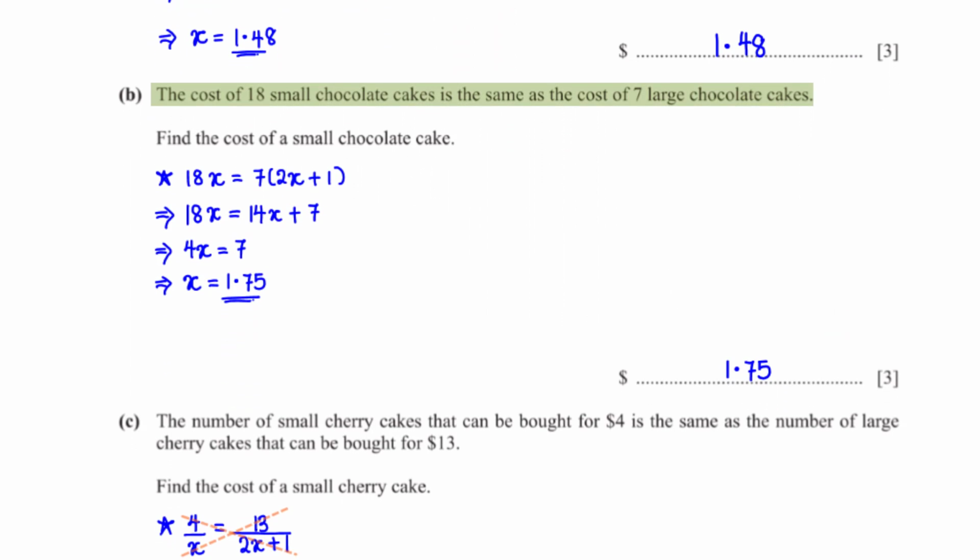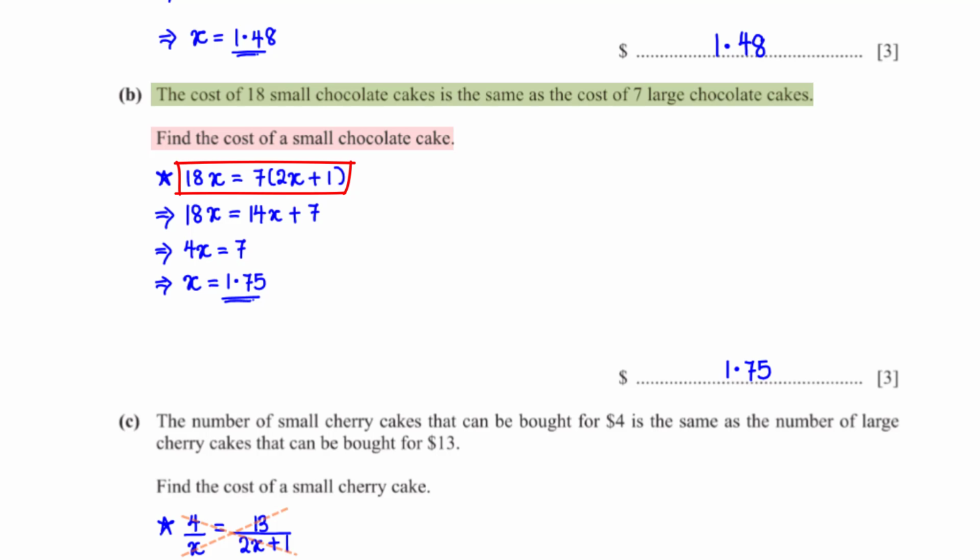The cost of 18 small chocolate cakes is the same as the cost of 7 large chocolate cakes. Find the cost of a small chocolate cake. We've been told that the cost of 18 small chocolate cakes, which is 18x, is equal to the cost of 7 large chocolate cakes, which is 7 times (2x plus 1). x is the cost of a small chocolate cake, so all we need to do is make x the subject